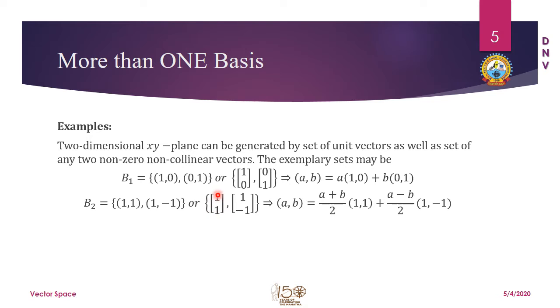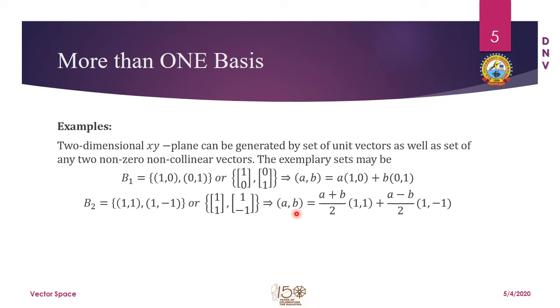So we can represent them by column vectors also. And if I take (a, b) as an arbitrary vector in the xy plane, I can always represent it in the form (a+b)/2 times (1, 1) plus (a-b)/2 times (1, -1). So we can verify (a+b)/2 and (a-b)/2. If I add these two, in the first component I get a/2 plus a/2, which is a. In the second component, b/2 minus (a/2 plus b/2)... that is, a/2 will be cancelled because of this negative sign. So we will be left with b.